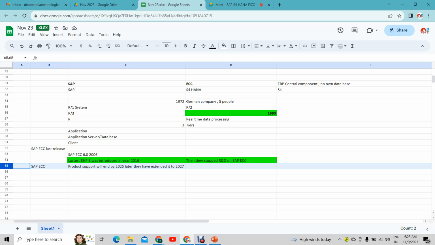SAP said after 27, if you still want to use SAP ECC, you can use it. I don't have any problem. But I'll not support it, because I'm not investing any time on it. Take a call. Before that, you have to take a call. What call do they have to take? They have told